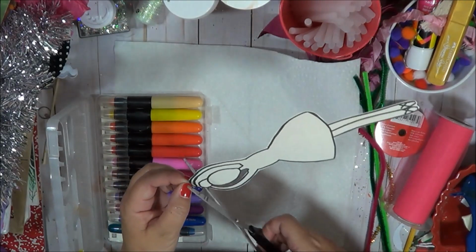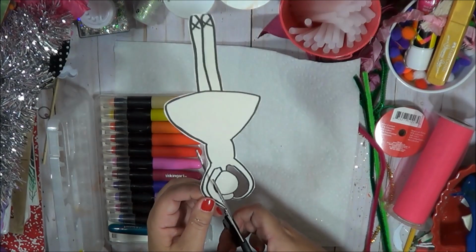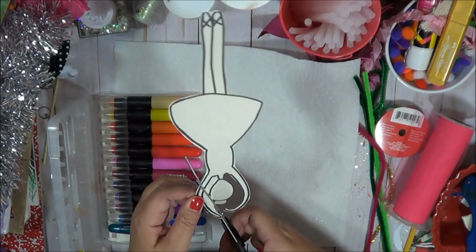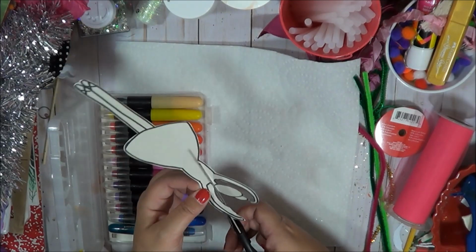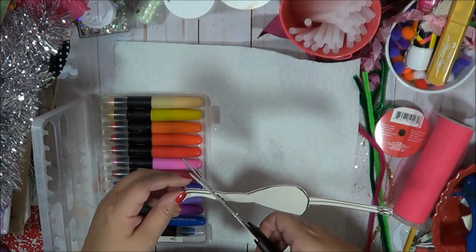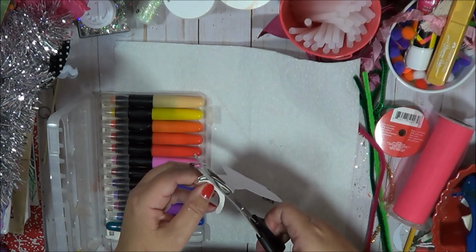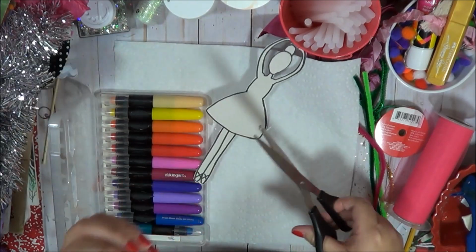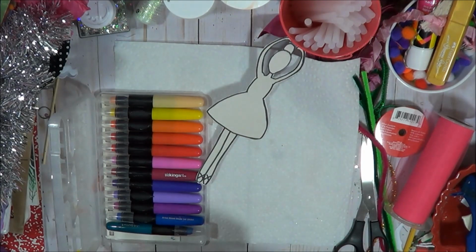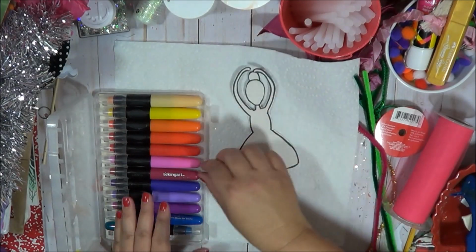There's a little girl in there, and she's putting all these little paper ballerinas on her tree, and they have tulle tutus, and it's just an adorable picture. It was in Country Living or one of those magazines, and I've always thought, oh, I'm going to make those ballerinas. Well, here we are, we're making the ballerinas. So I'm going to go ahead and cut out her arms like that. Now what I was talking about, I put it on colored paper because basically